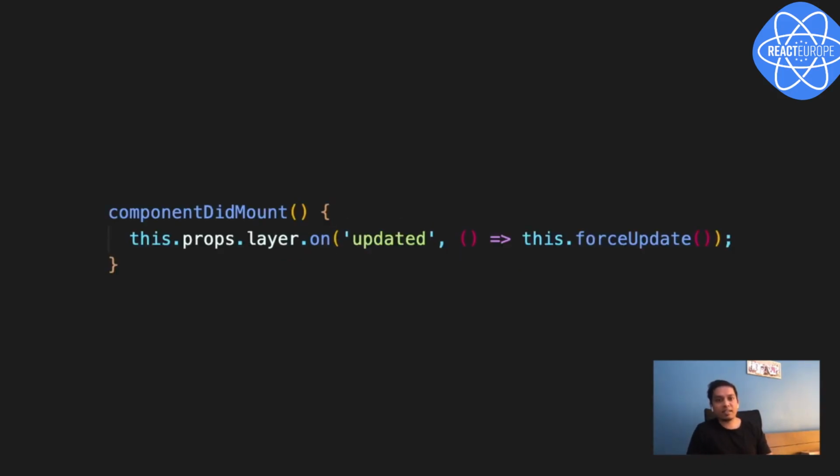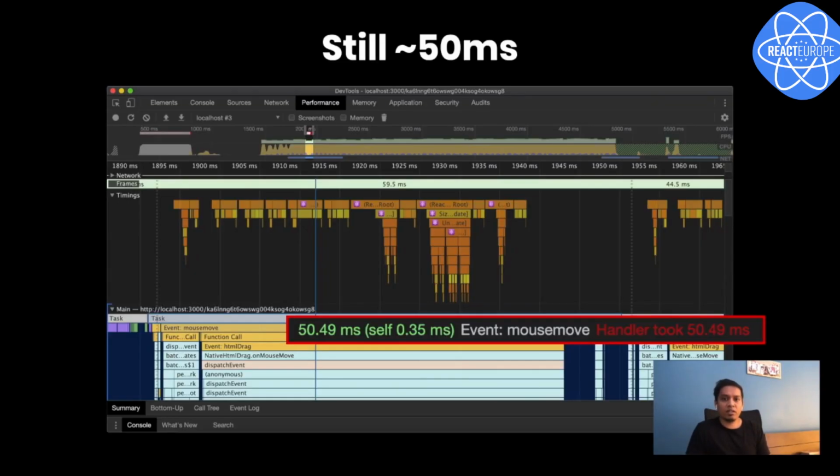And on the React side, we had listeners to force update the component on these events. So if React receives, say, an updated event, it has to force update the component. With all these changes, it became a little complex, but we achieved it. And the handler started taking a little less time. We moved from about 90 ms to 50 ms for our use case. But Chrome was still complaining.